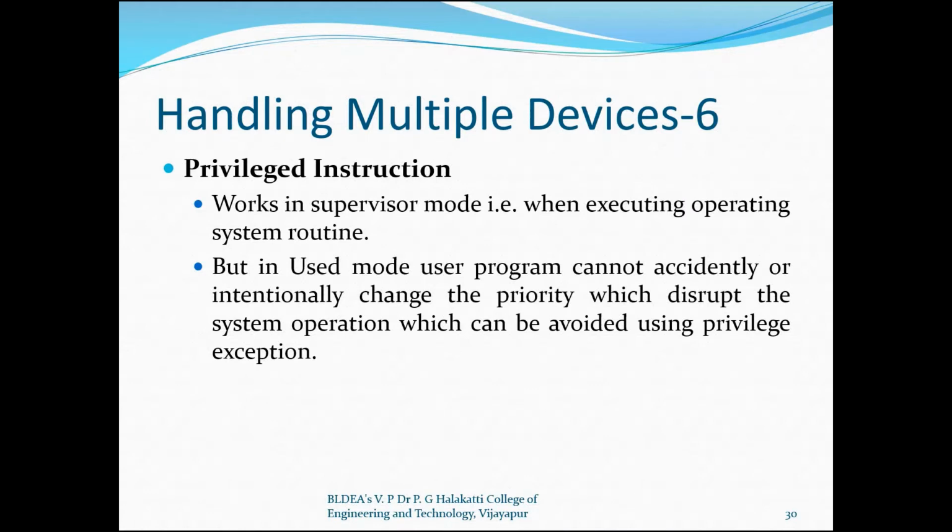So whenever a user mode program tries to change the priority of the superior mode, that is operating system subroutines, then an exception will be raised, and that is called a privileged exception. So what is an exception? An exception is nothing but a message shown to the user mode application program that it doesn't have the right to change the priority of the higher or superior mode programs, that it cannot change the operating system subroutines.